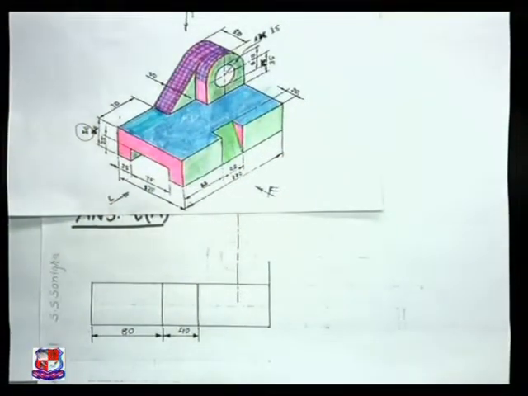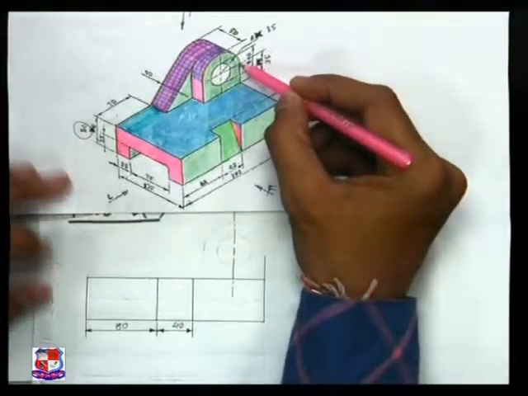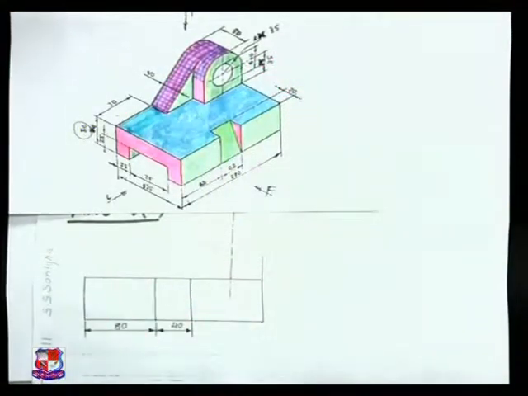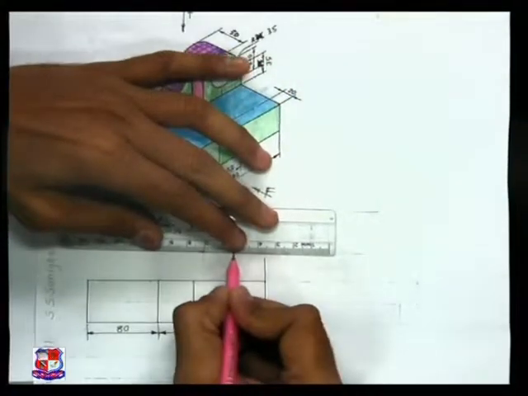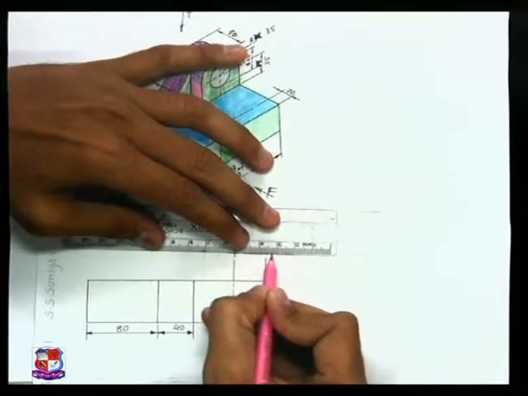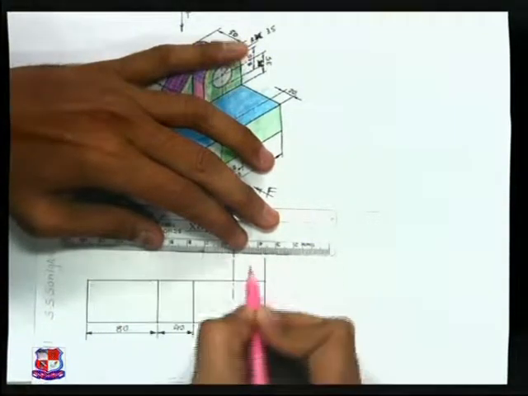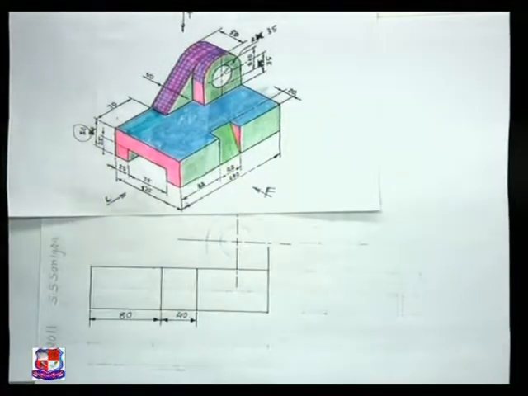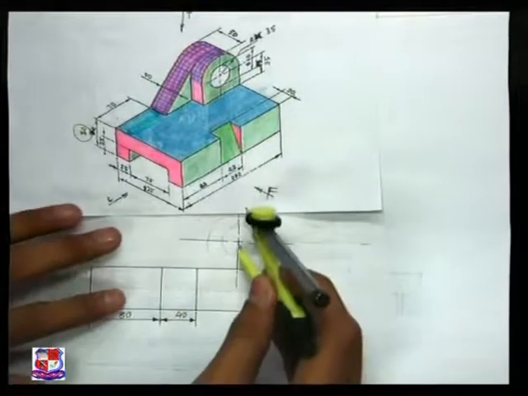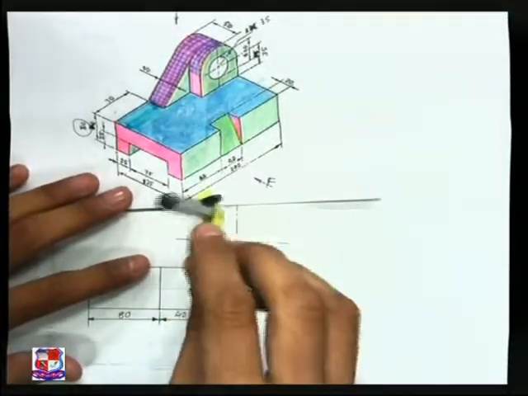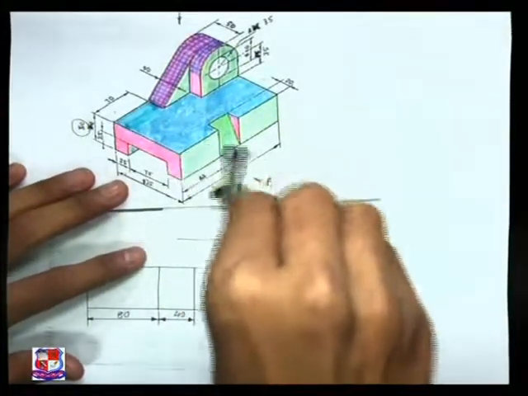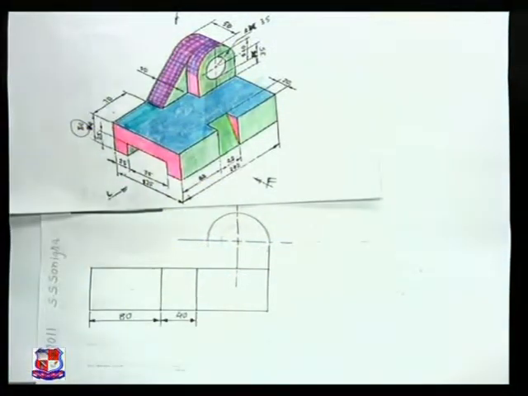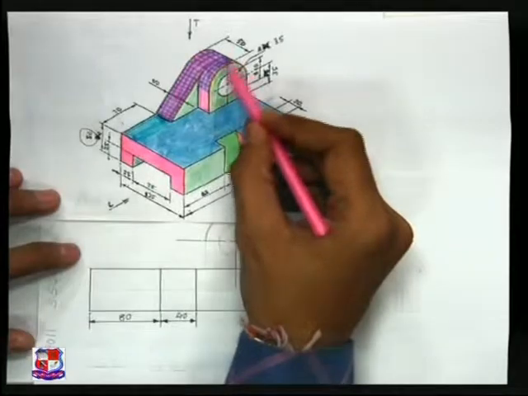Now the height is given from this to this. This height is given as 35 mm, this is 35. So from this to this at a distance of 35 mm, draw another axis line like this, at a distance of 35 from this edge. Now take this point as a center, and the radius is given to us, that is 35 mm. So draw an arc having radius equal to 35 mm. It would appear like this. This is an arc. So this arc represents this curvature shape.